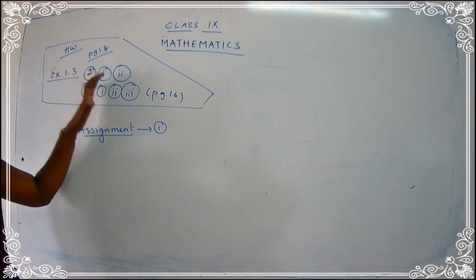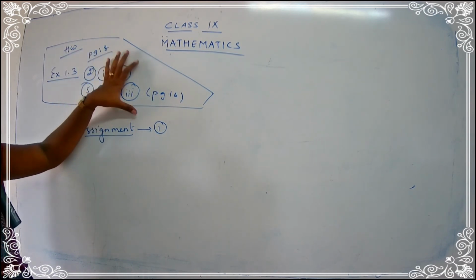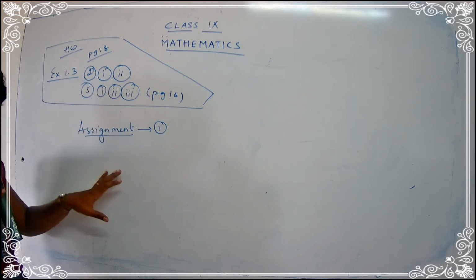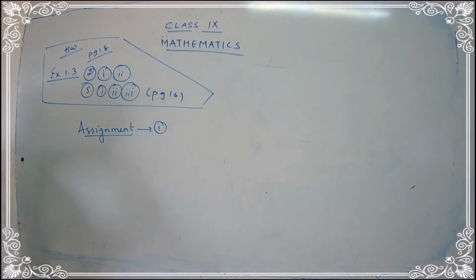Homework will be given every day, and you have to send it every day. So 5 sums means you have to send the 5 sums today itself. But for the assignment, you just have to write it and keep it ready. And once we ask you to submit, you have to submit the assignment. So take down the assignment questions, children. Do not waste time, take down the questions.